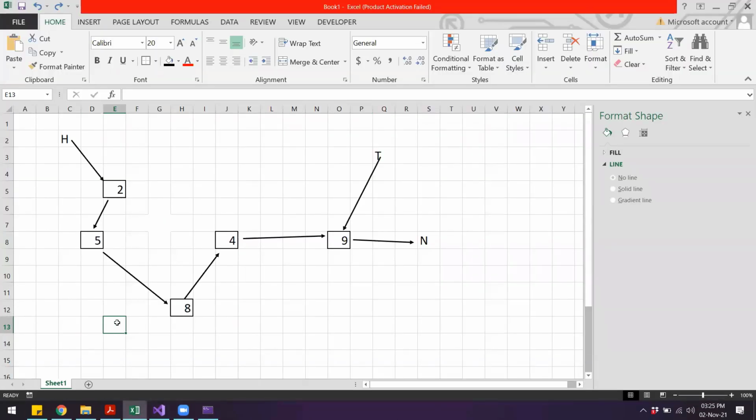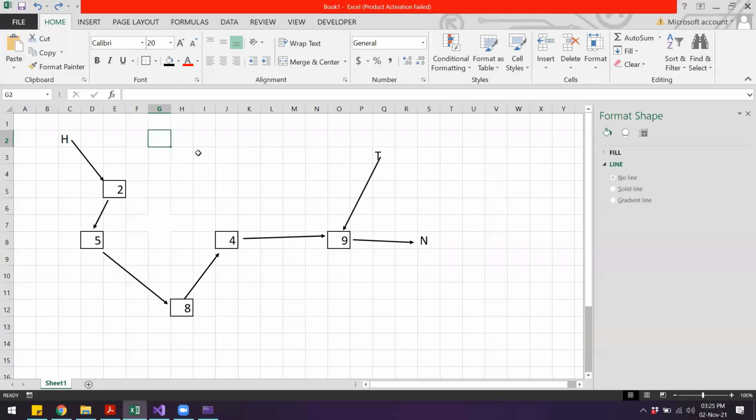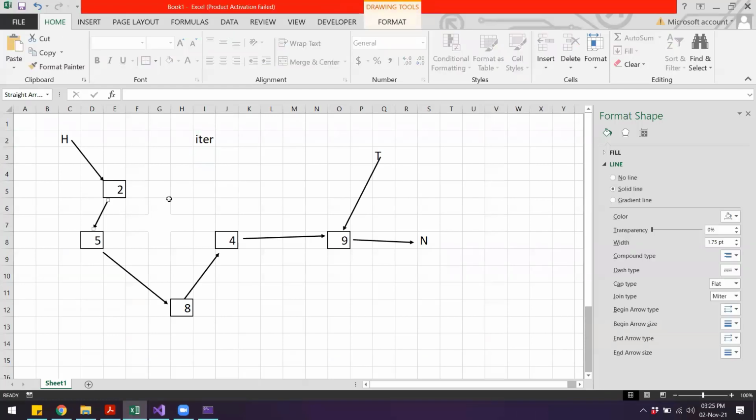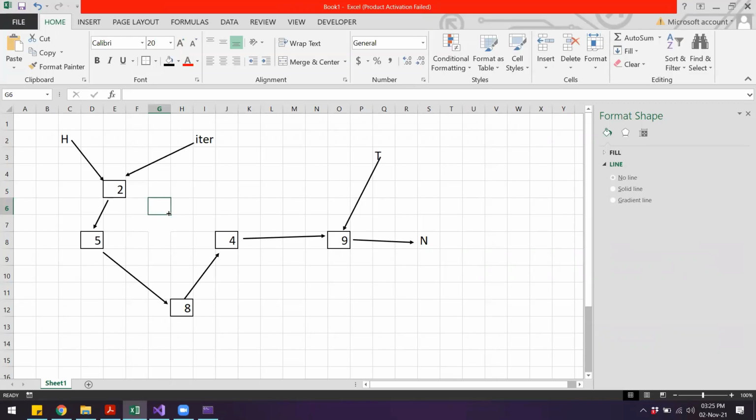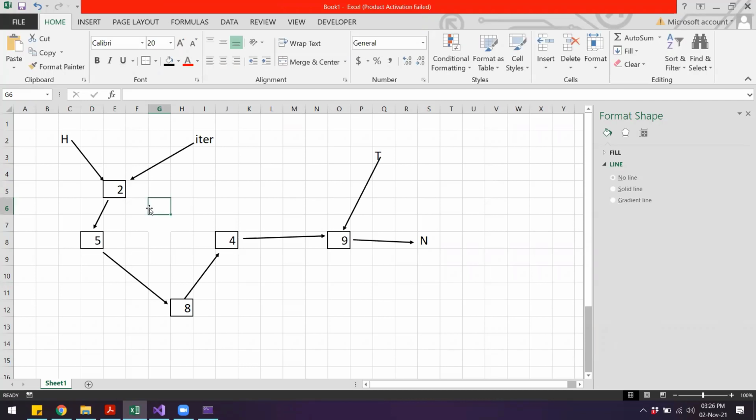So one thing I can do is start from the very first node using this iterator pointer. Currently that iterator is pointing to the head node. Now inside my while loop, I can delete this node using either of these pointers, either the head or the iterator.